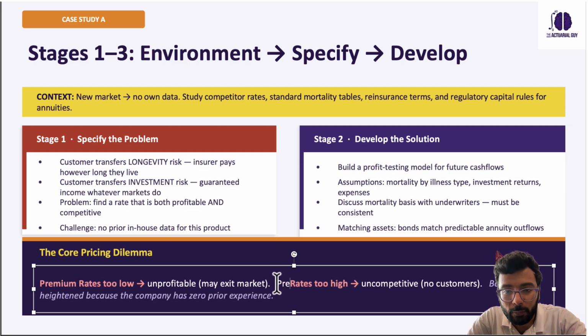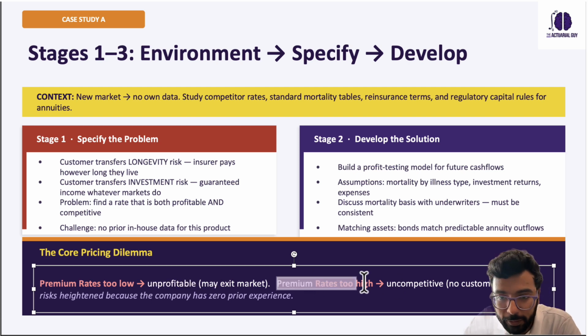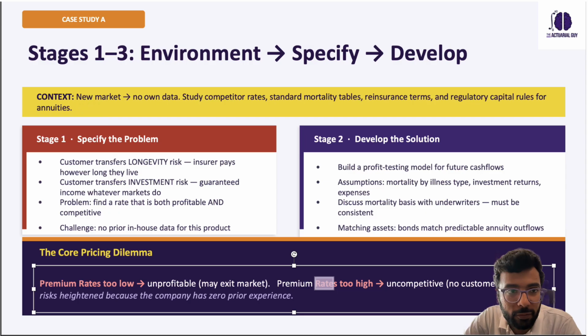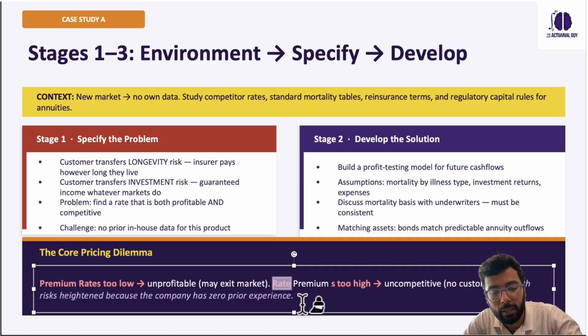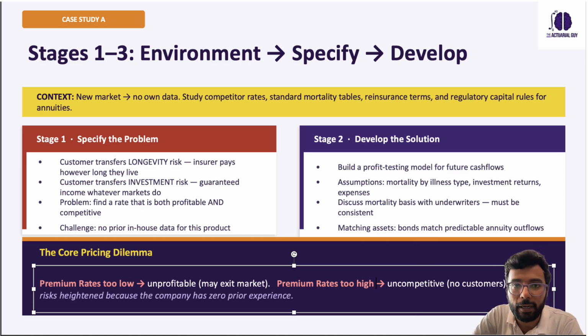If premium rates are too high, right? So if the premium rates were too low, you would be unprofitable. You are charging a low premium, and if the premium rate is too high, you are uncompetitive, right? So sometimes this confuses people, right? In the material, you would notice in the actuarial material, they would have always referred to rates as the level of annuity rates. In case of annuities, at least they never refer to premiums, right? But like I have written it with respect to premium here, okay? So don't let that confuse you,